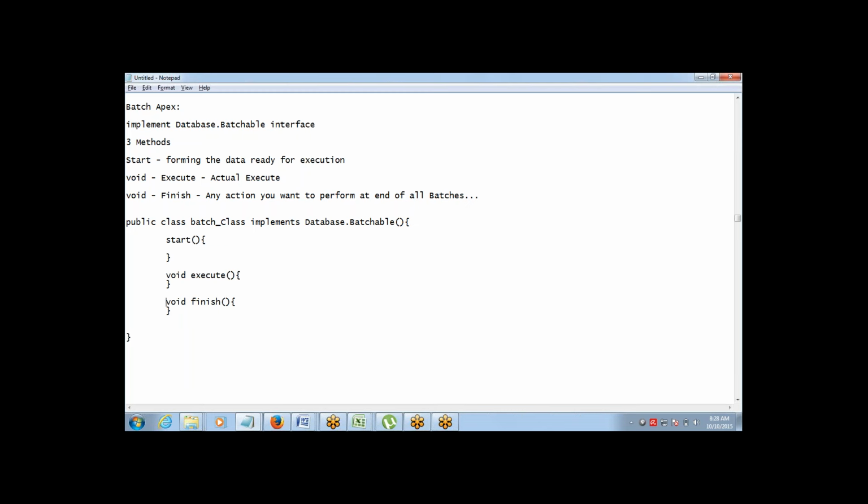Clear? That's how the structure of the batch apex has to be.